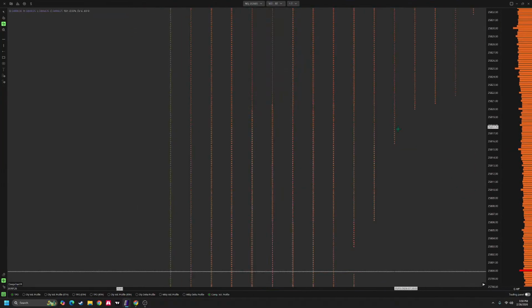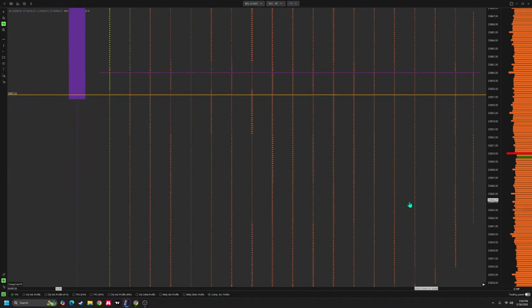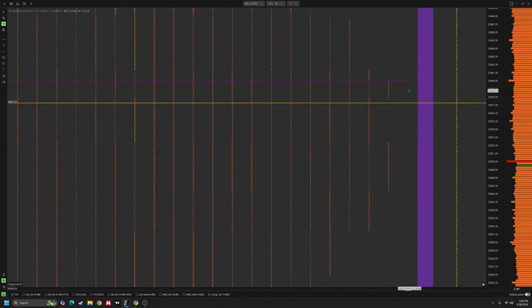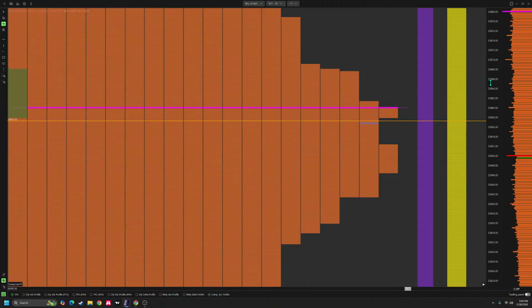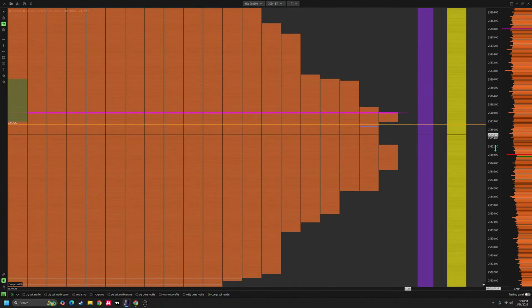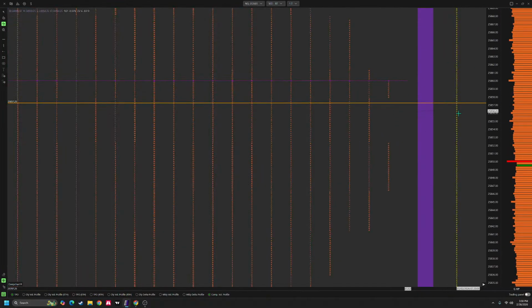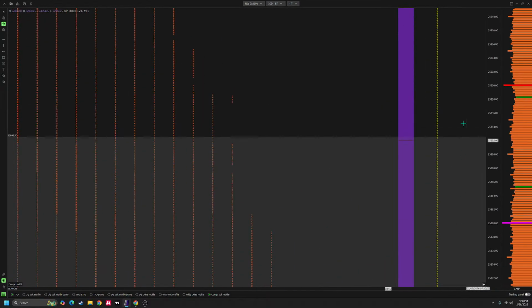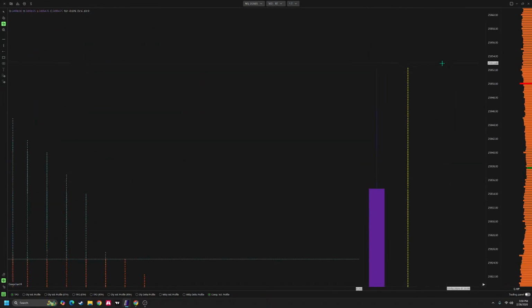So if I zoom in super close, you're going to see values, letters, and numbers. And they represent what price, for every 30-minute block, for instance, where price hung out. So for this A block, it was just a massive move, right? So all of these A's from